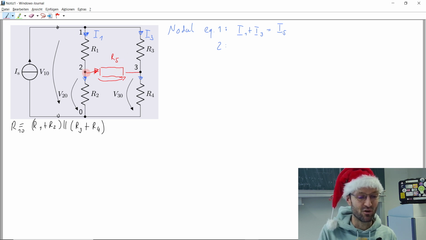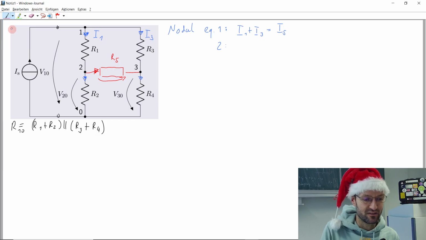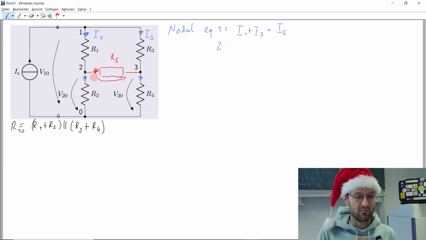And for this later on, we will really have a node here and a node there, but at the moment we don't have this. At the moment, forget about this red resistor R5. So at the second node, we can say, okay, the current towards the resistor and the current away from the resistor both together must be 0. And I will write it like this, that the current towards is positive, the current flowing away from the node is negative, and both together should be 0, right?